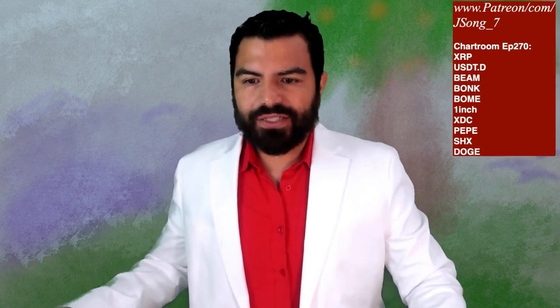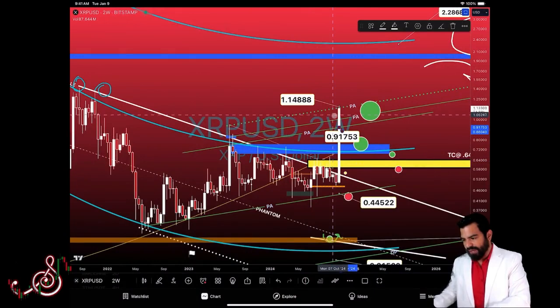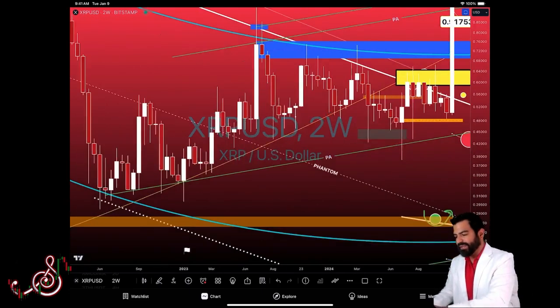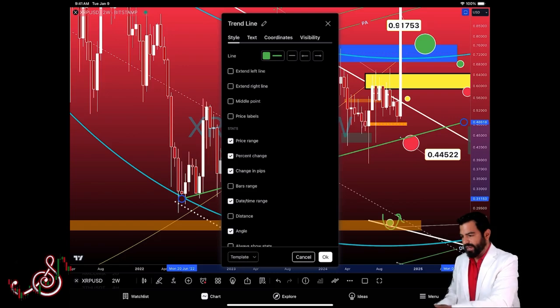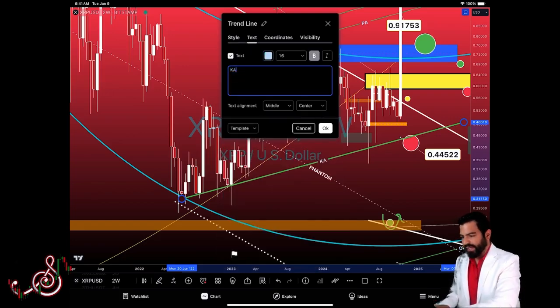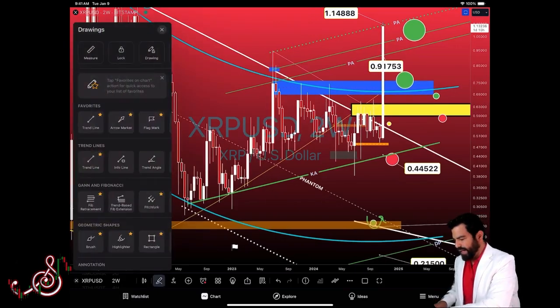So for XRP, you guys know I've had these numbers, the 91 number, and I also had this top one here at $1, but I didn't have this one up here at 114, and all that really is the same phantom or key angle on the bottom. So if this is the key angle, let me reverse these. This should say key. So if this is our key angle on the bottom, based on this foundational area here,